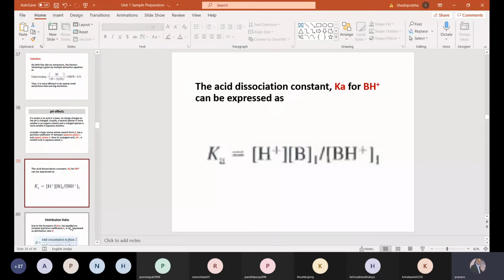देखो dissociation constant हम कभी organic solvent में नहीं निकालते. We always find out in an aqueous phase because aqueous phase में ionic species exist करती है. So this is one such expression which we find